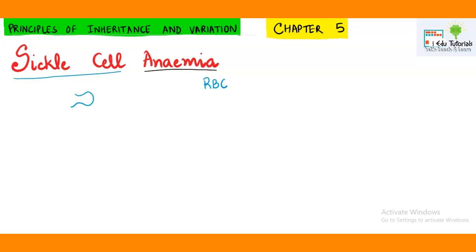Normally, the RBCs are biconcave in shape and they are enucleated, meaning they do not contain any nucleus. Thus, with whatever reserve food they are born with, they live for only that much period, and over a period of time they have to die because of the depletion of the reserve food in them, and their life is about 90 to 120 days.